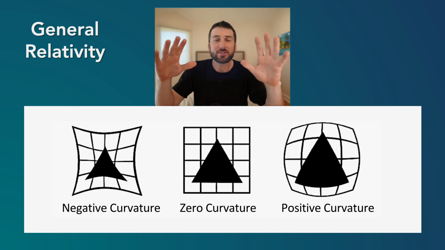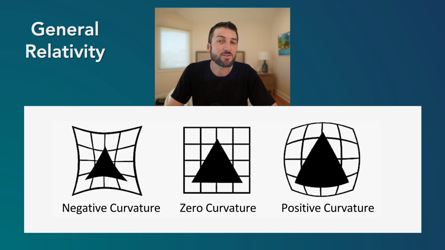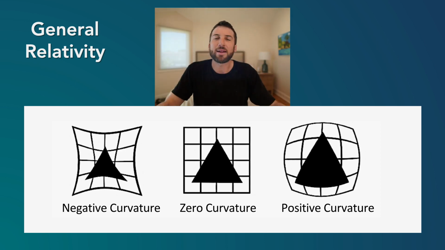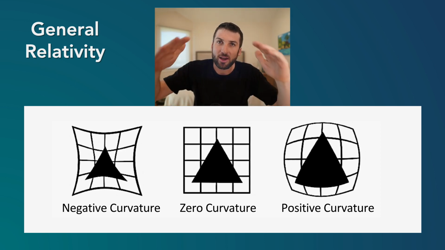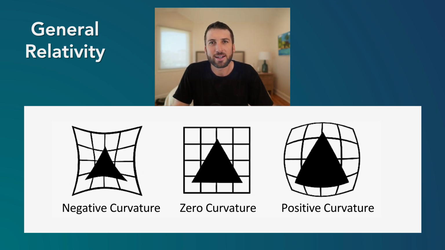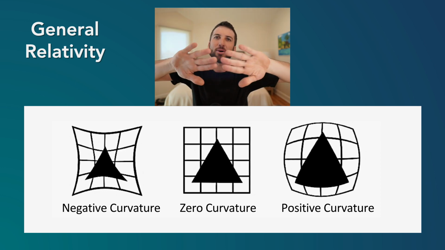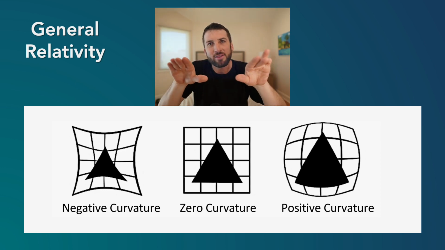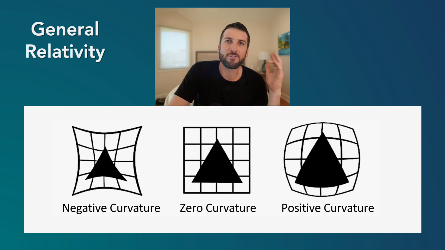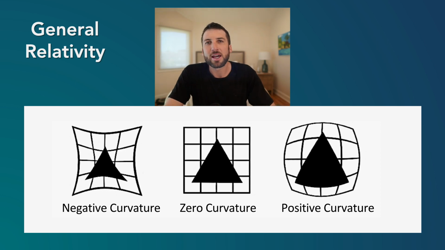Now, if it's positive curvature, like almost the top of a sphere, for example, that same triangle now, the angles could add up to more than 180 degrees, right? The lines would be bent inwards, it would curve, and so those angles would get greater. Now with the negative curvature, it's almost the opposite. It's like pushing down almost to like a saddle. And then this would be negative curvature, so the lines would go inwards and the angles could be less than 180 degrees.